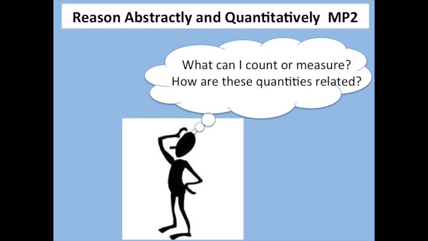So what I'd like to do now is talk through what those 3 avenues of thinking look like if you're tackling a little task like the fish tank. So if you are going down the math practice 2 avenue of thinking, you are paying attention to quantities. You're asking yourself, what can I count or measure in this situation? You're looking for relationships between those quantities.